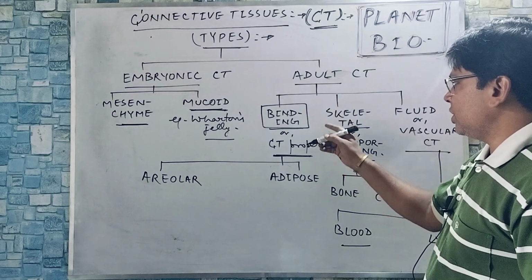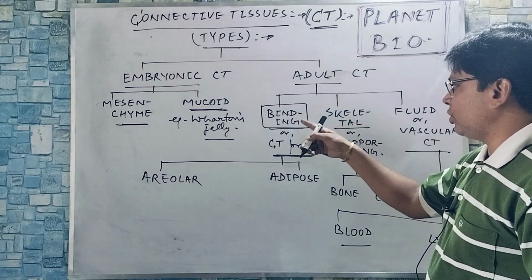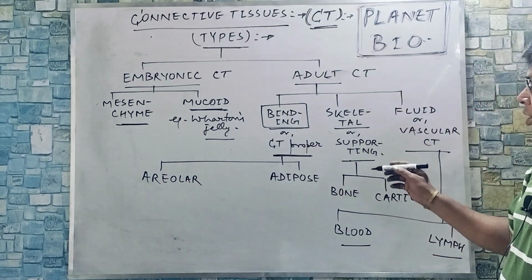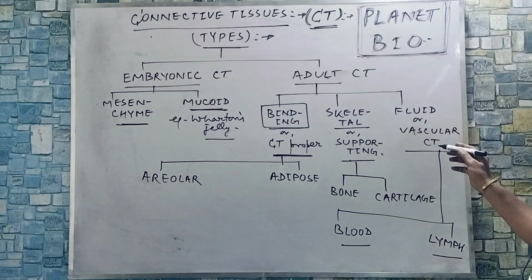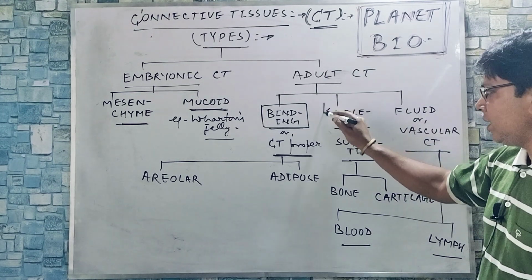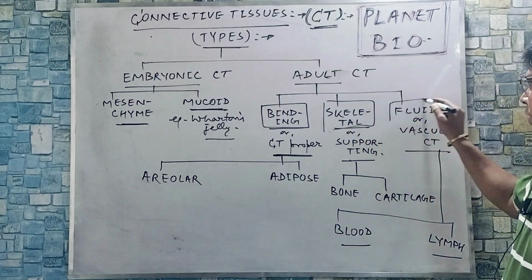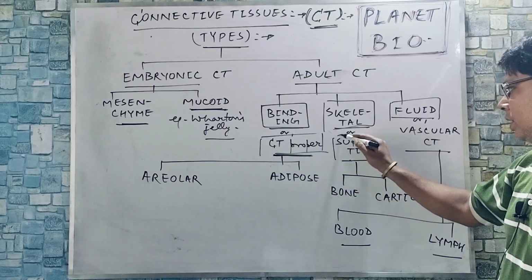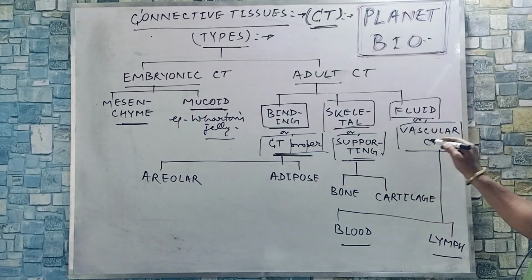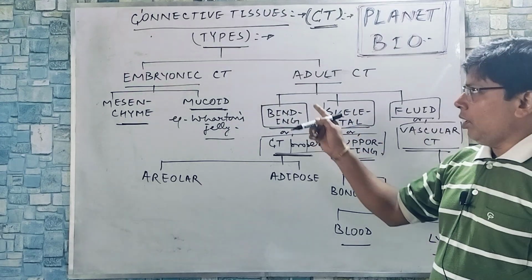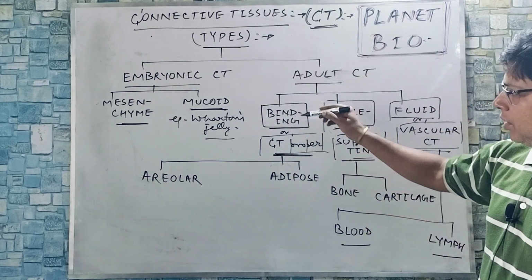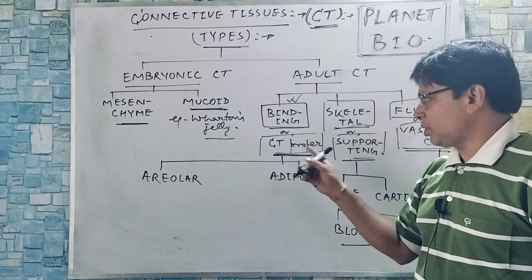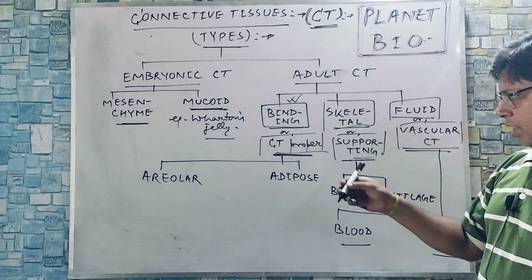Binding connective tissue is going to be the first one of adult connective tissue, binding or connective tissue proper, and then skeletal or supporting connective tissues, then fluid or vascular connective tissues. So binding, skeletal, and fluid, or connective tissue proper, supporting, and vascular. Out of all these connective tissues, binding or connective tissue proper is supposed to be the most widely distributed connective tissue. It is further grouped into